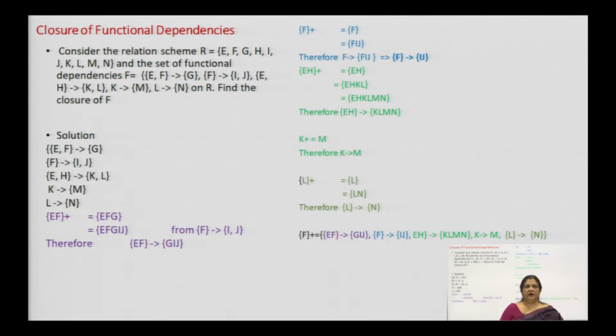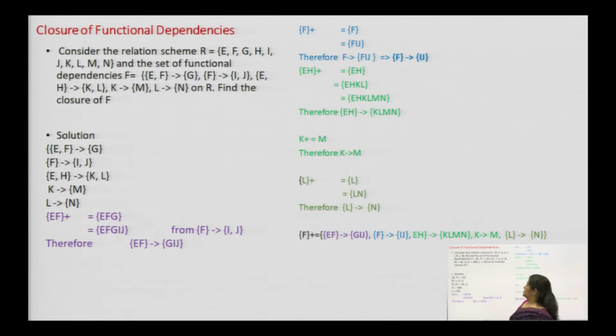Now, we have already done one example to find the closure of the functional dependencies in our previous lecture. We will take up one more example. Given the schema E, F, G, H, I, J, K, L, M, N. When I am writing a schema as R consisting of A, B, C, D, E, etc., this means we are giving generic names to the attributes. So, basically over here E, F, G and so on are attributes, and we will use this representation most of the times.